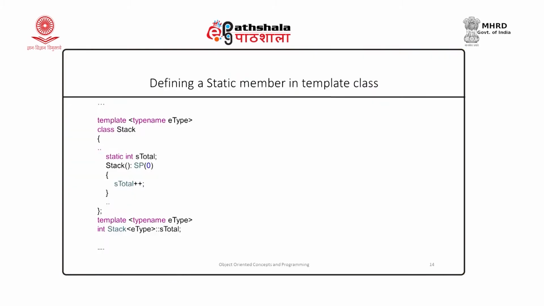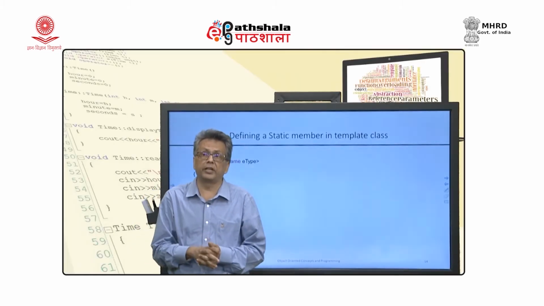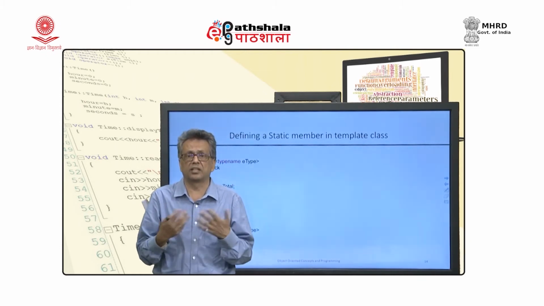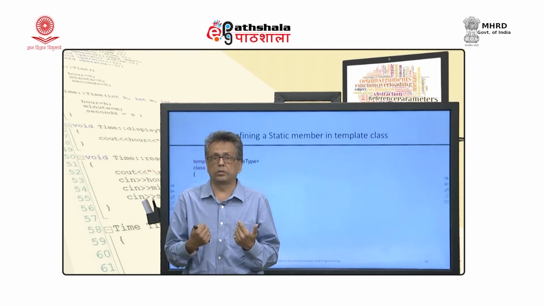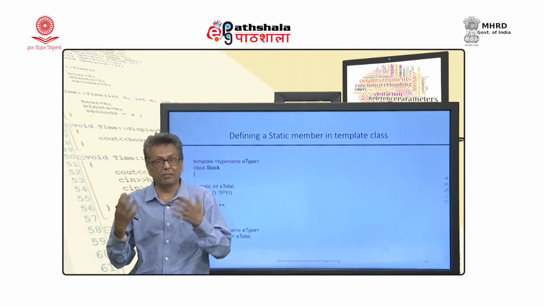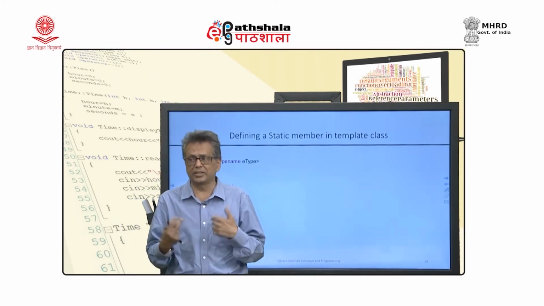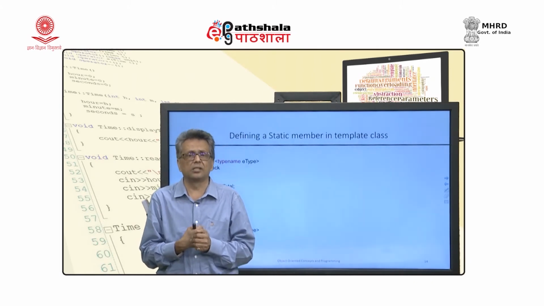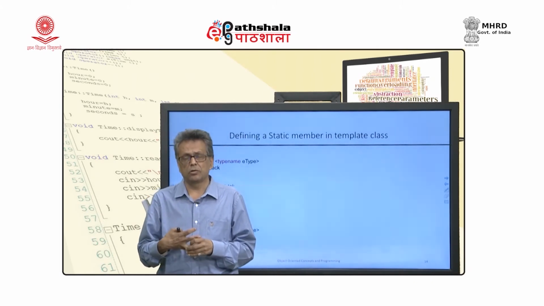In fact, in a template class, normal classes can have a static member. A static member is a very critical component of every class. In fact, whenever a class needs to define attributes of its own. Now, please understand there are 2 different types of attributes a class can have. A class can have attributes which are inherited by all objects of it. A class may have an attribute which belongs to itself. For example, the number of objects of a class is an attribute that the class does not inherit. So, it is the class's own.